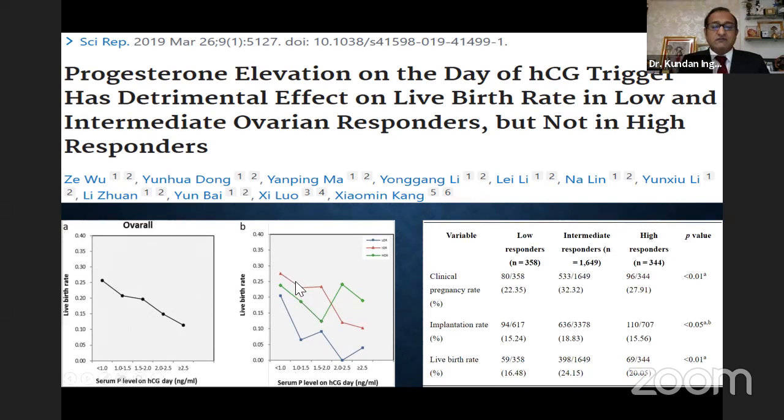According to the progesterone levels, the red line is the intermediate responder, the green line is the hyper responder, and the blue line was the poor responder group. So if you look at it, if